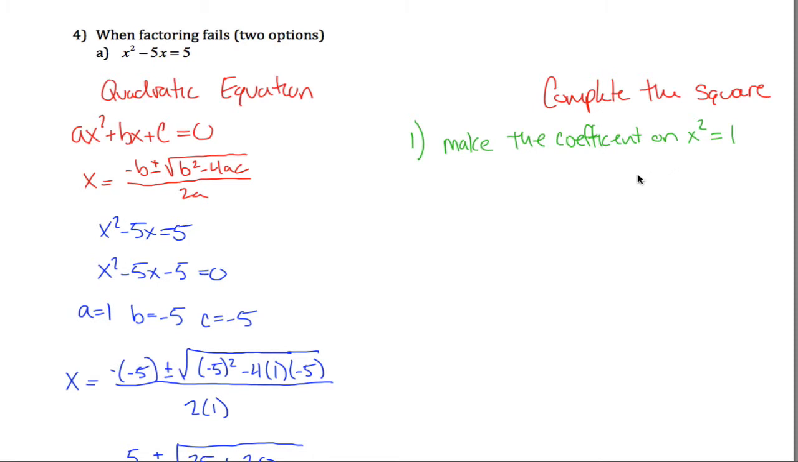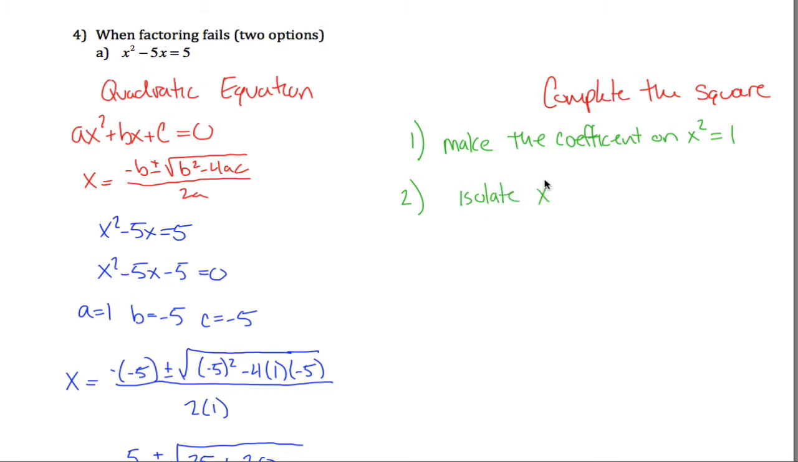I guess it's a 4-step process. Step 1, done. We don't have to do anything. The coefficient's already a 1 here in this problem. If it weren't, if this were 2x squared minus 5x equals 5, I'd have to divide everything by 2. But in this case, it's not. The leading coefficient is a 1. Make the coefficient on x squared equal 1. Done. Step 2,